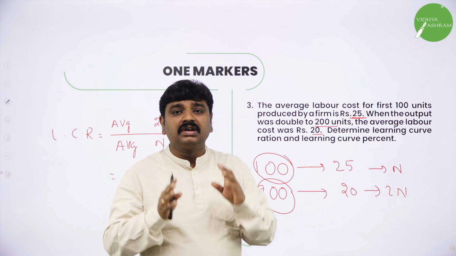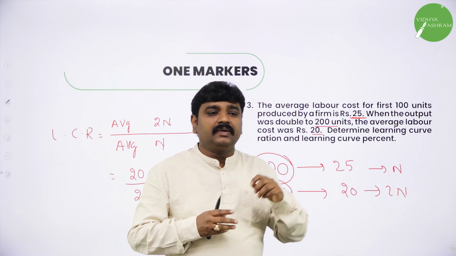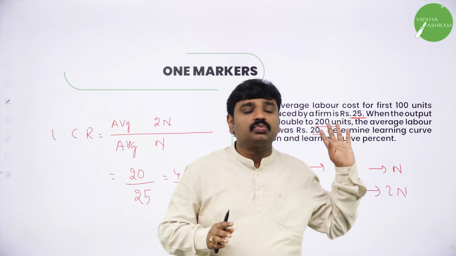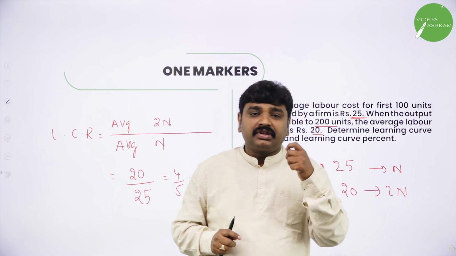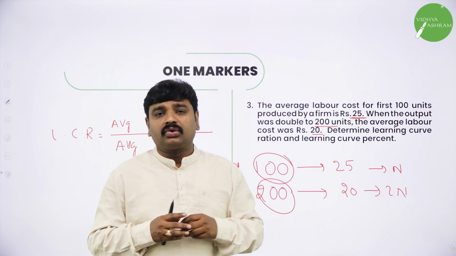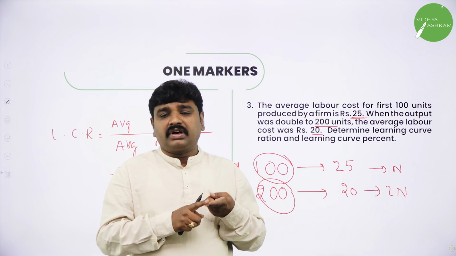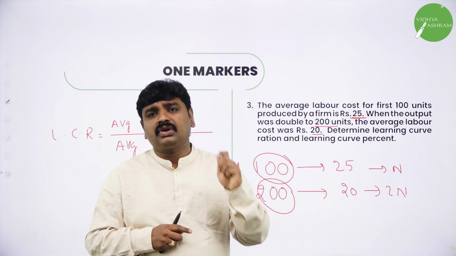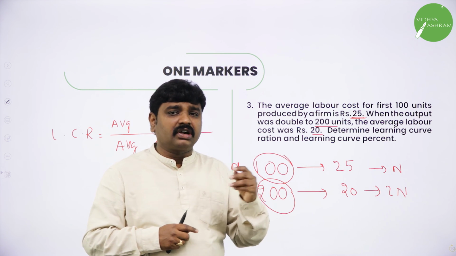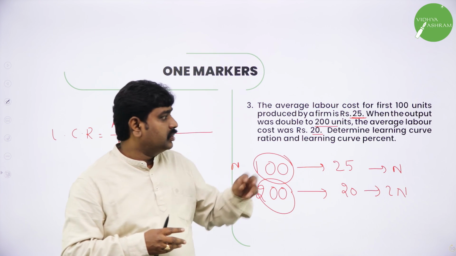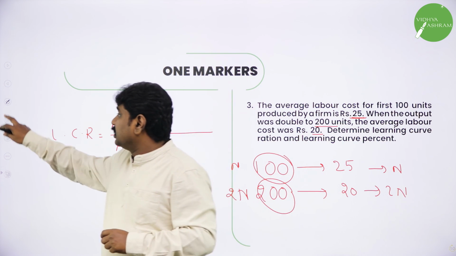By this we have done sample 1 markers and then we will have 5 markers. Dear students, my next class is most important and we will have simple 5 mark questions. I will teach you the table method of solving this and we will conclude. Today I started with what is the learning curve, then the learning curve ratio and the equation of the learning curve. What is the equation of the learning curve? Y is equal to A into x to the power B. Then we concluded problems of index of learning and LCR. So, in my next class I will be teaching you 5 mark questions of learning curves.